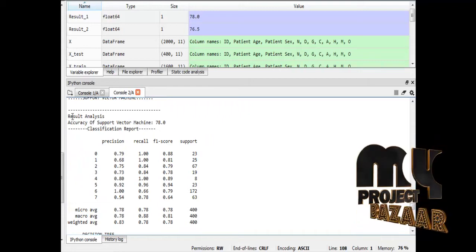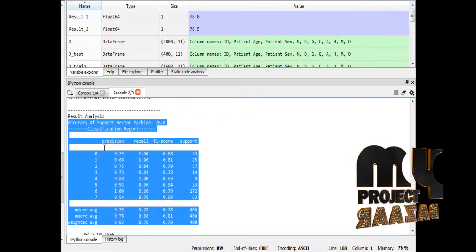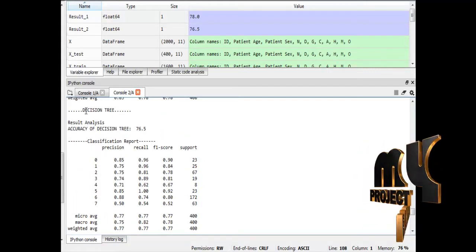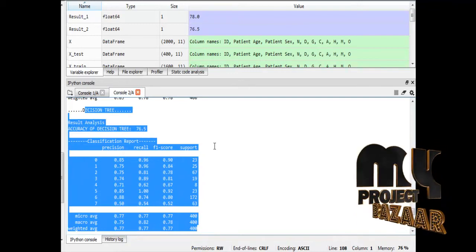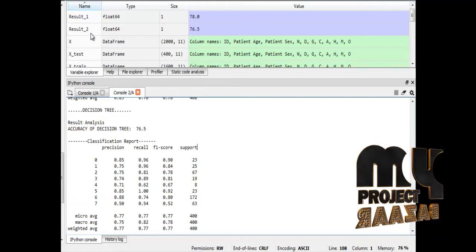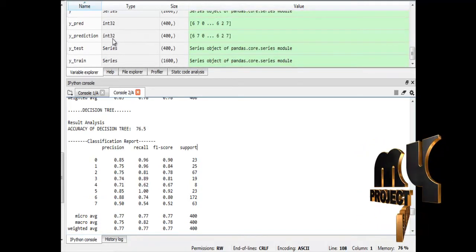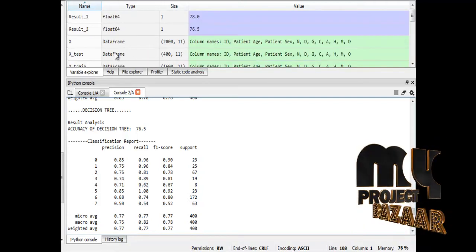This is the result for support vector machine, that is accuracy, precision, recall, F1 score. Similarly, the result for decision tree: accuracy, precision, recall, F1 score. I already explained the data splitting. These are the variables which we have used in our program. Thank you.